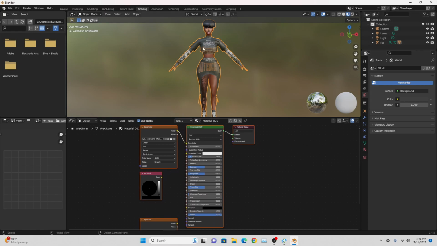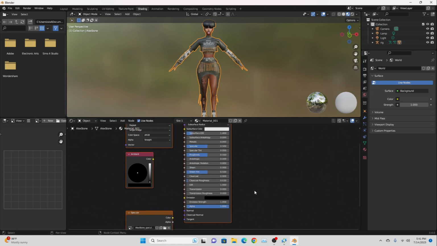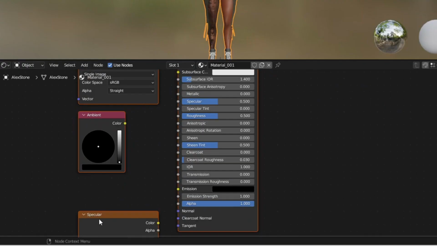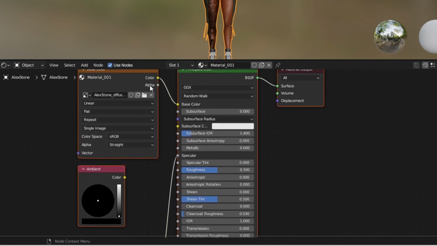So once you do all that, it's going to take you to this. Like once you click shading, you're going to see all this right here. All you need to do is, this is what you need to do. I'm going to zoom in so you can see. This where it says specular, where it says color, you're going to hold color and drag it back. You're going to drag it to this right here. Boom. Then you're going to drag alpha